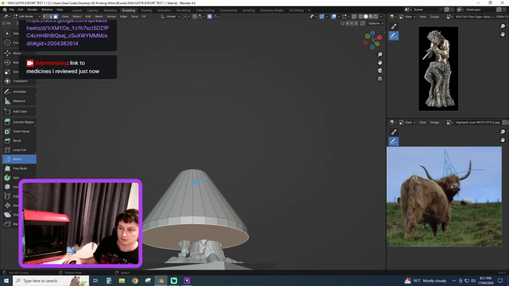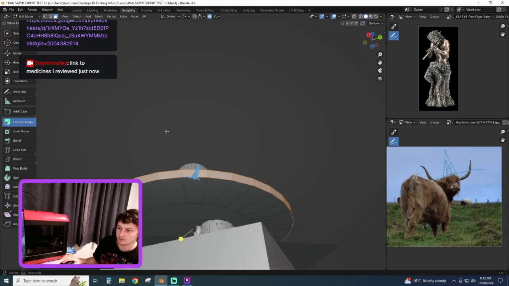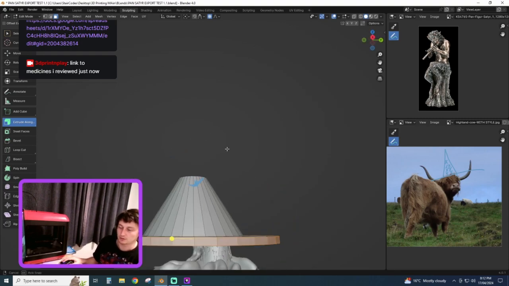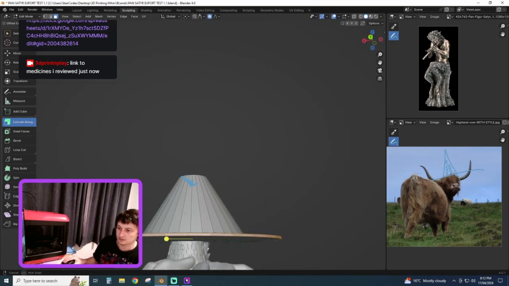We can select just these ones, and then go to extrude region along normals. Look at that. We're starting to get a wizard's hat already, and it hasn't been very long. So I'm also going to do S Z and scale a little bit of the edges there inwards so that it's wider and then less wide.